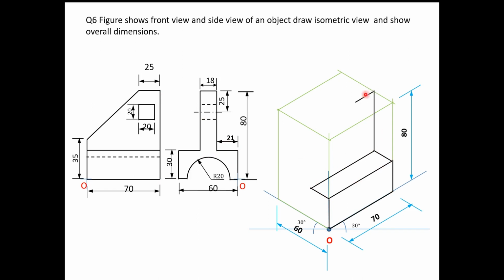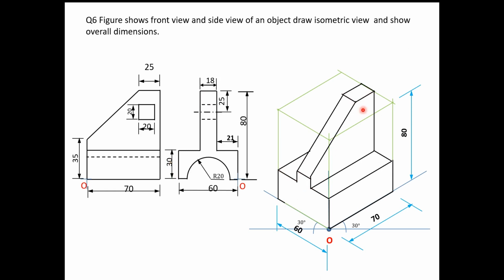Now next, how much distance is it up to last? And this is 25 mm apart and this is edge. So this is 25 from the bottom. So from this, how much was it? 35. That means from this edge we have to draw the 5 mm. Now next, this has thickness 18 mm. So we will draw lines parallel to isometric lines. Now next, again complete this remaining portion.